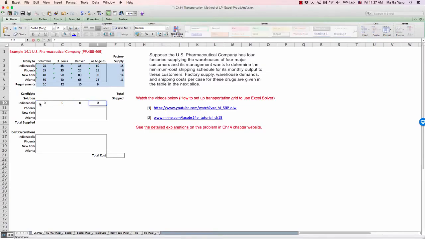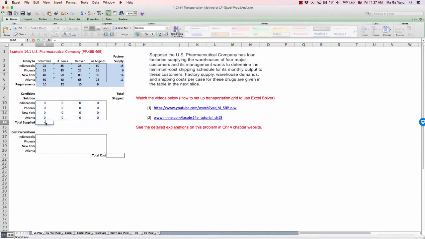Because this is not yet determined. This table is basically about shipping units. We don't know how many shipping units are optimal to lead to the minimum total transportation cost. So we put 0 first, and this table will be used by Excel solver to find the optimum shipping units.